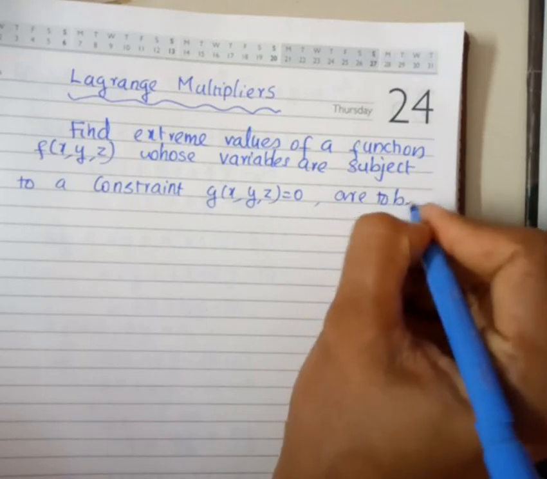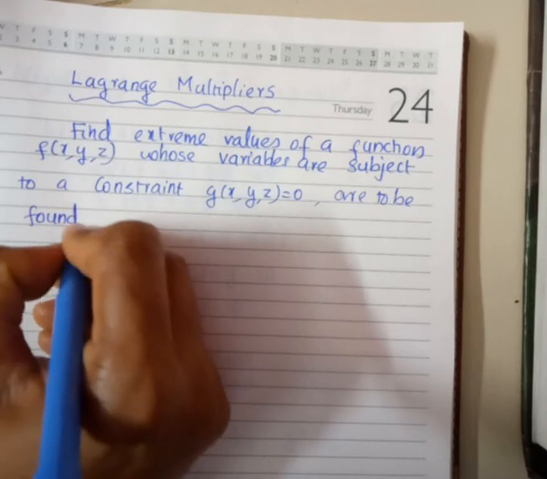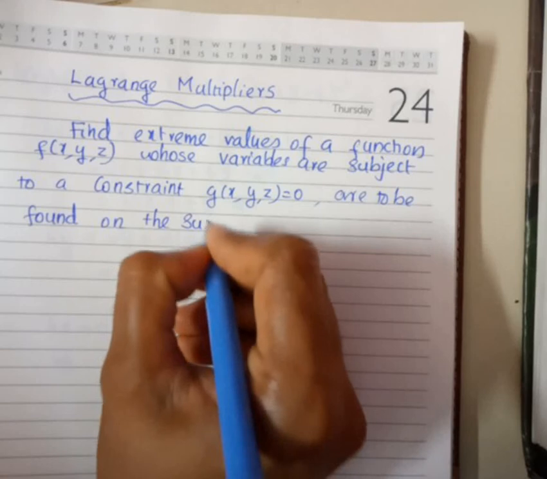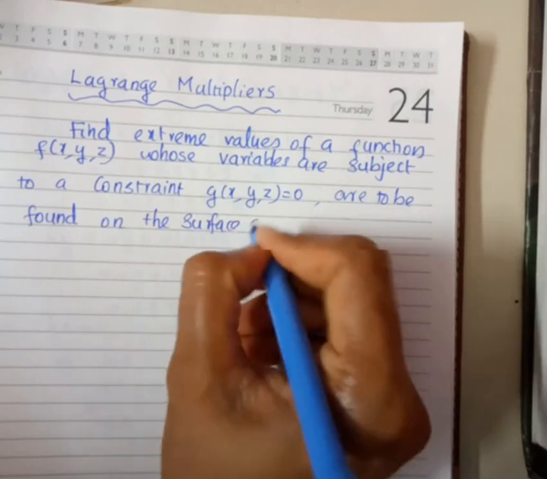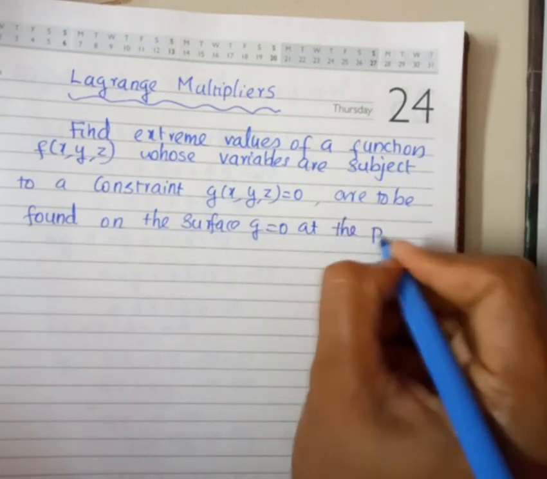The extreme values are to be found on the surface g equal to 0